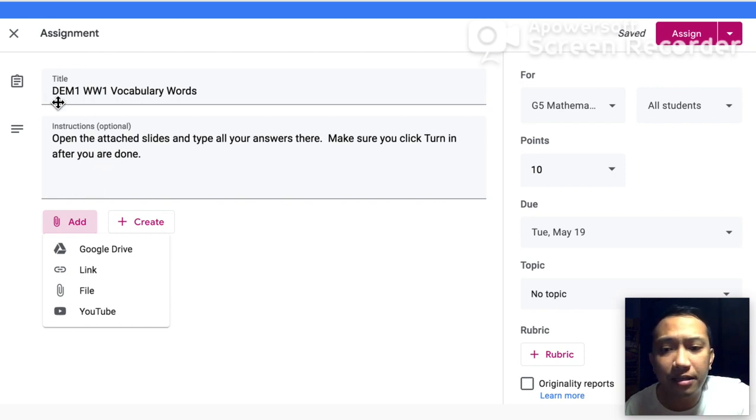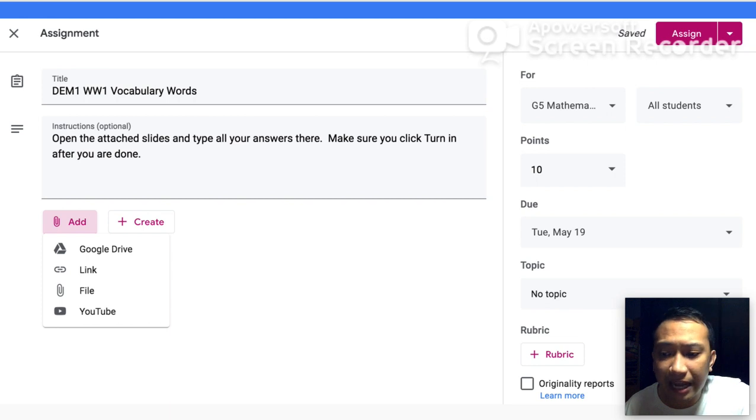What I do there is type DEM1 so that it's easier for students to know what it is. WW1 refers to written work 1. And for vocabulary words, put in the instructions: open the attached slides, and type all your answers there. Make sure you click turn in after you're done. I adjust the number of points here, set the due date,